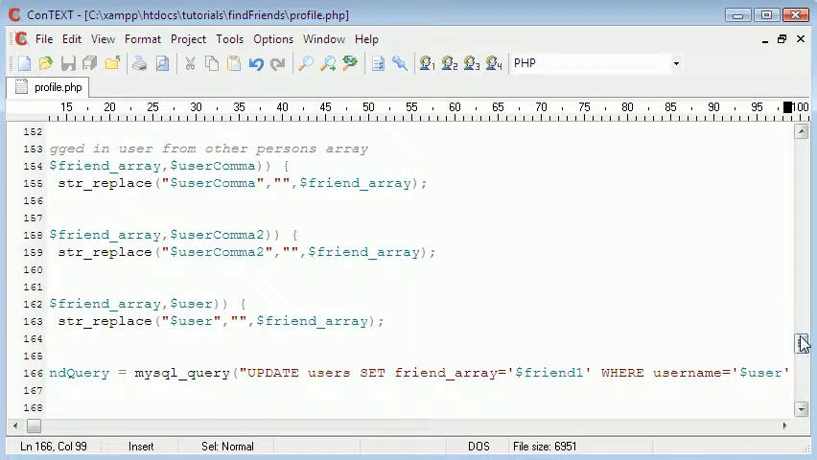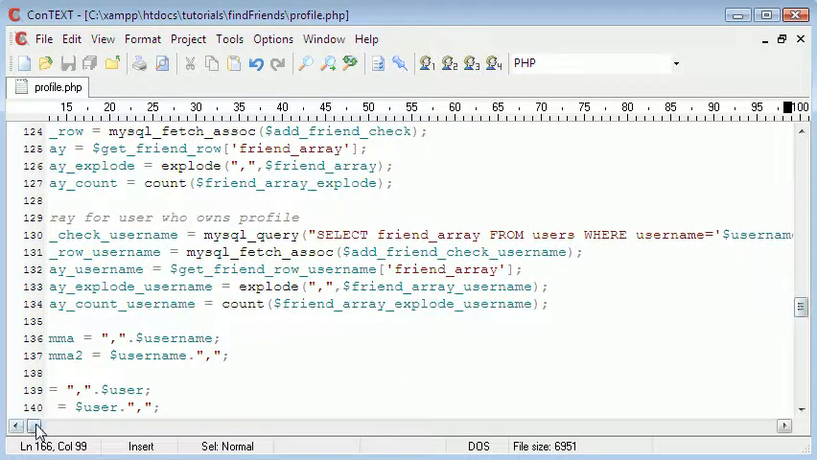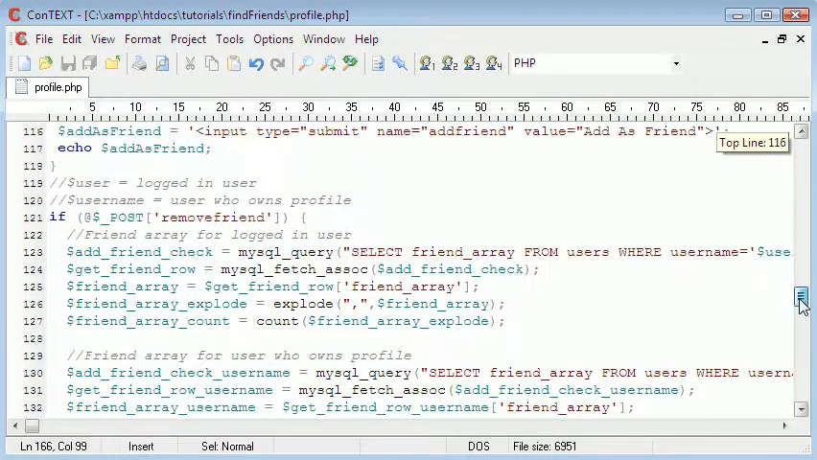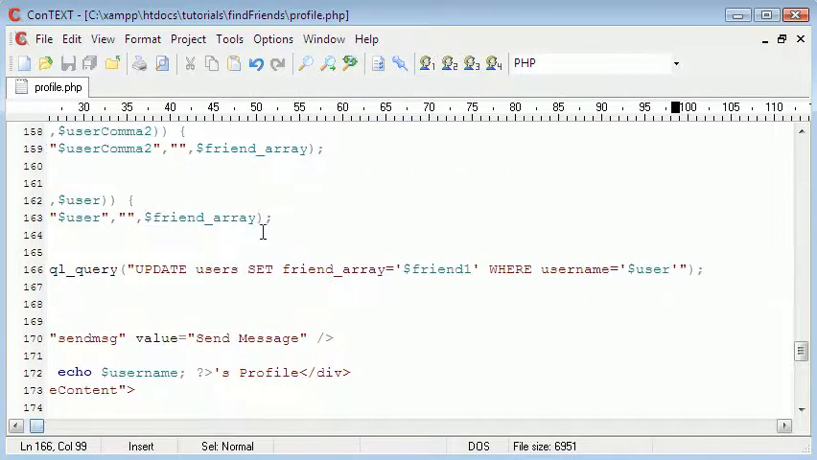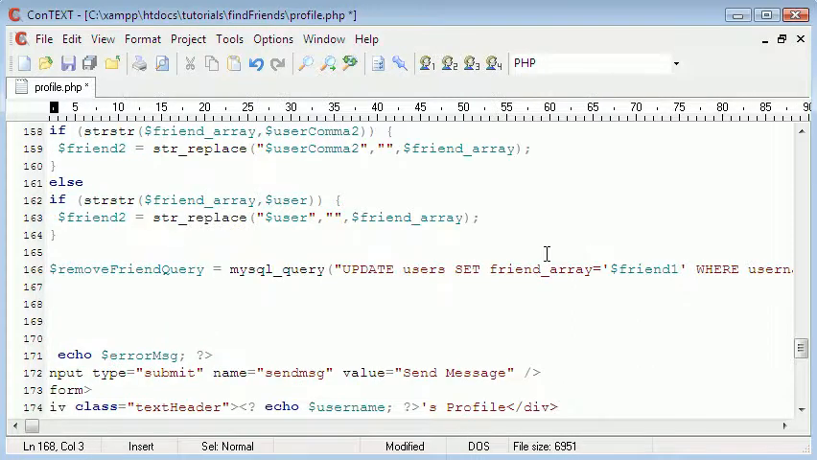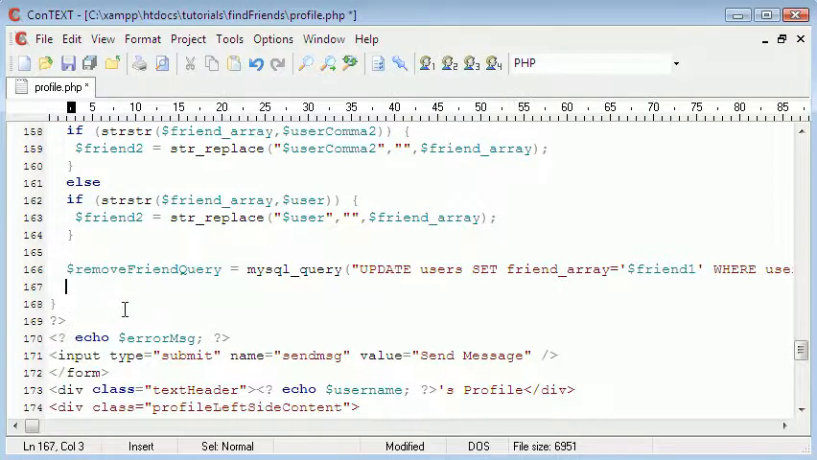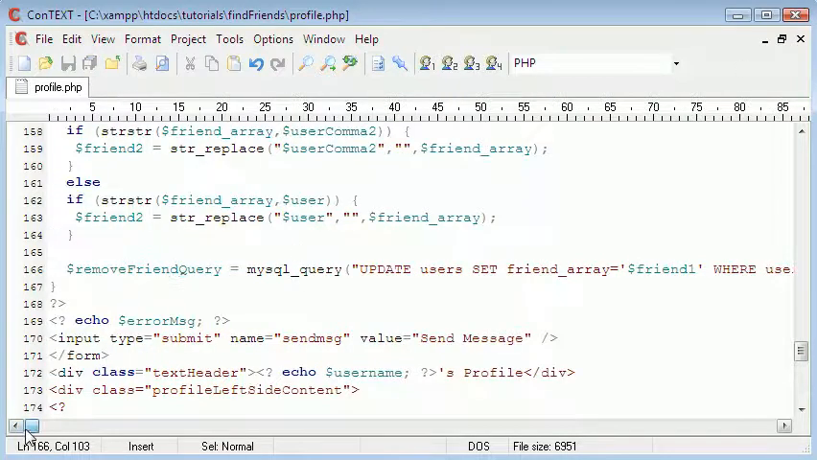Okay, so the variable user is for the logged in user, so this will remove, in my case, if my friend array looks like this, and I remove new user, and I'm logged in as cinema, it's just going to remove new user. So this is what this query does. The reason we said update user set friend array equal to friend1 is because